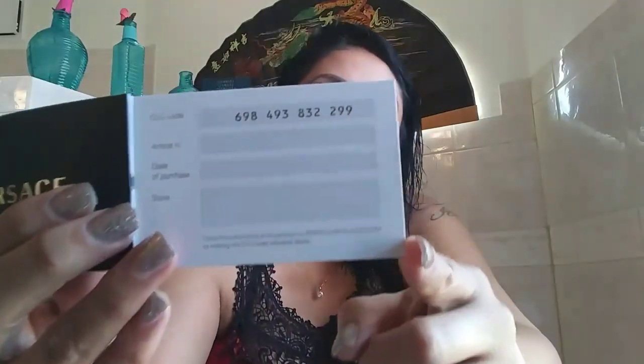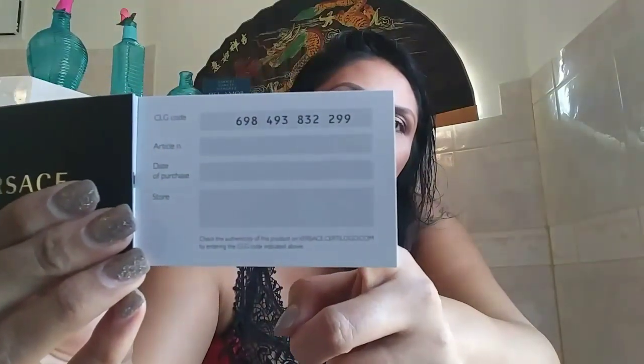And then this says certificate of garancia. I guess this is a certificate of guarantee, international warranty, right here. So, you know, I really do think that these are not fake. So EzContacts, legit website that you can order your sunglasses from for a lot cheaper than you would get them at like the